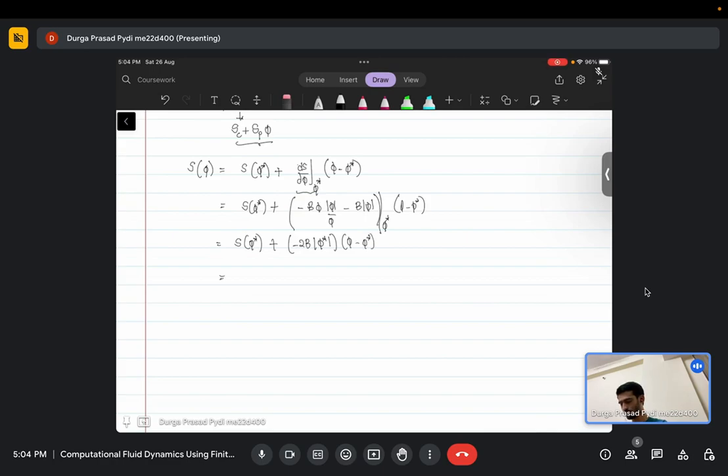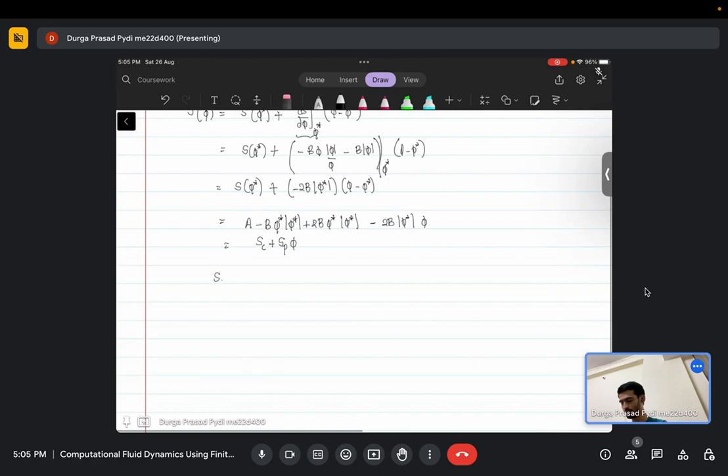Now if you group the terms together, you have S evaluated at phi star, which is essentially a minus b times phi star mod phi star, and then plus 2b phi star mod phi star, minus 2b mod phi star times phi. If I am writing this as SC plus SP times phi, then essentially my SC will be a plus b times